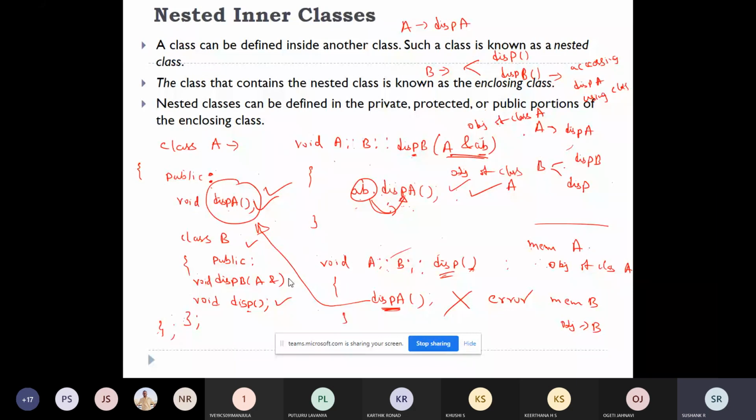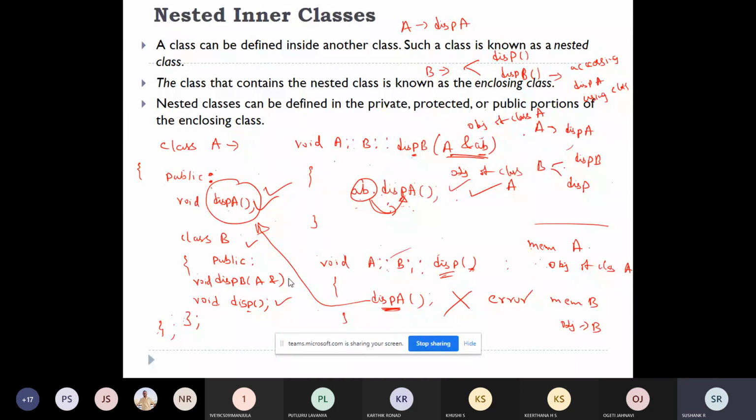But in the first scenario, you're creating an object of class A, and using that object you are calling the enclosing class function. So that's why in that scenario you'll not get an error.